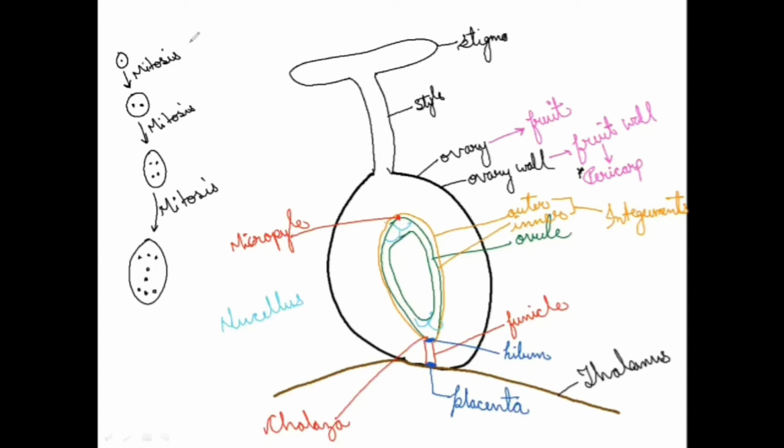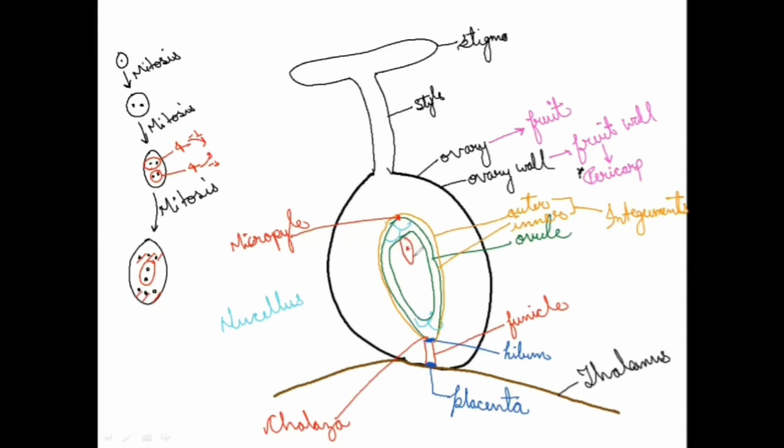Now, as you can see, I have paired these nuclei because there is a reason. These two nuclei will form how many nuclei in total? 4. These two nuclei will divide to form how many nuclei? 4. Now, all these 4 nuclei will send one of their nuclei to the center, and these 4 will also send one of them to the center like this. Clear? The remaining 3 will remain at the polar sites respectively, and those which are present at the micropyle, one of them will become enlarged to form the egg cell.